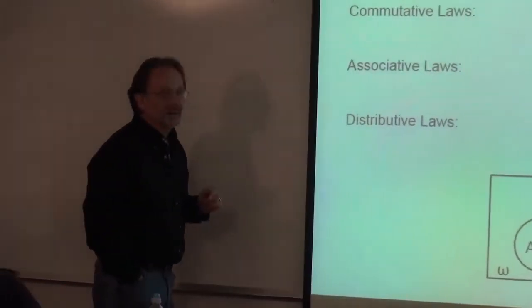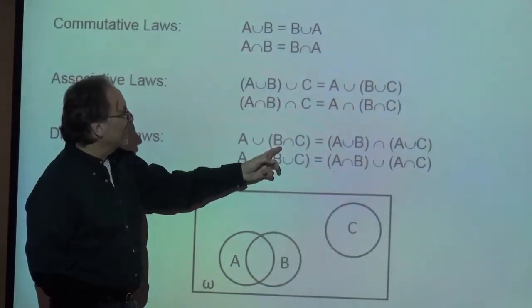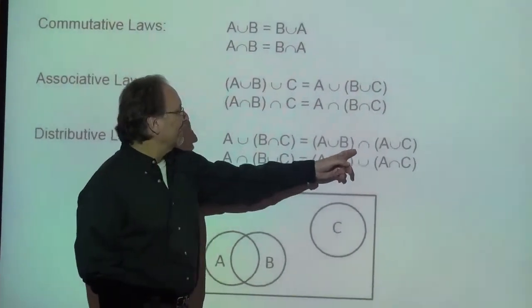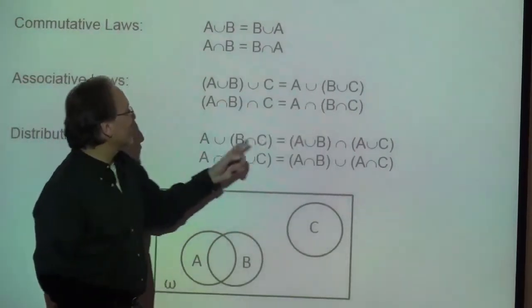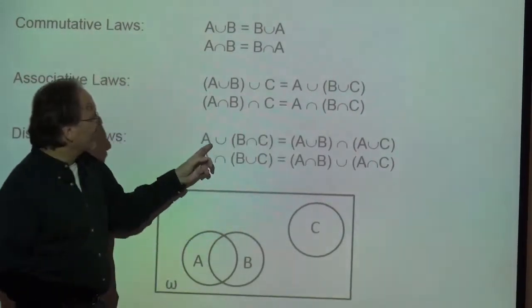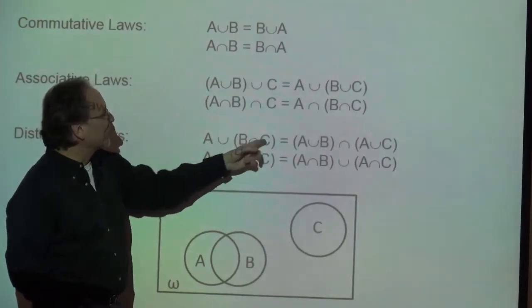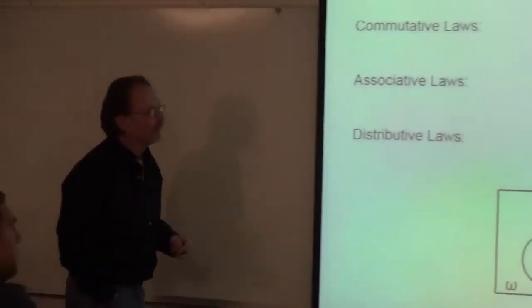And then distributive laws also apply. It's very handy. A union B intersect C is the same as A union B intersect A union C, because see here, these are only unions, these are only intersections. If I take the union of an intersection, I can take the union of each of those components and the intersection of the two, and it will give you the same result. These are just handy things to know when we're working with union and intersection.